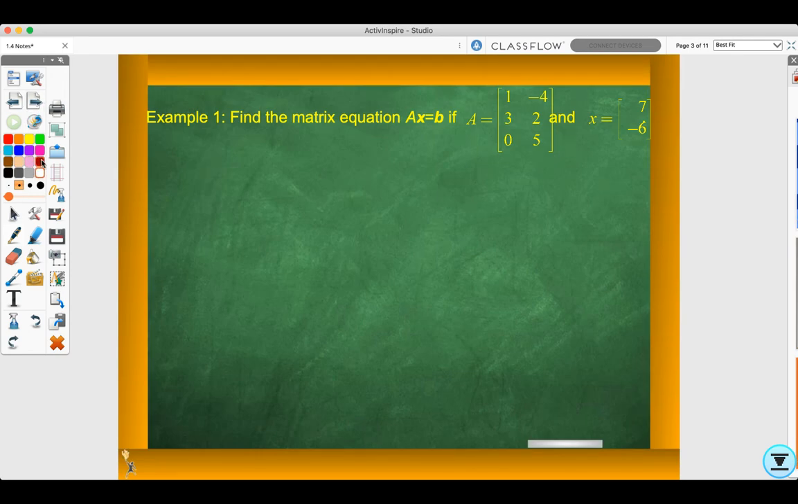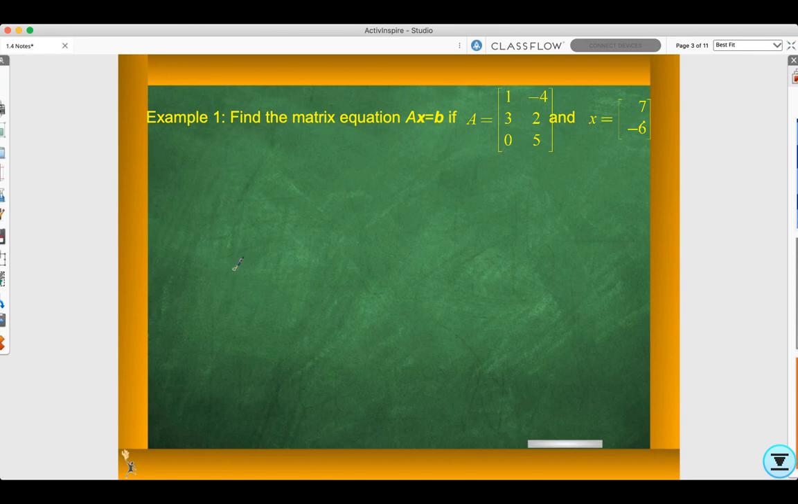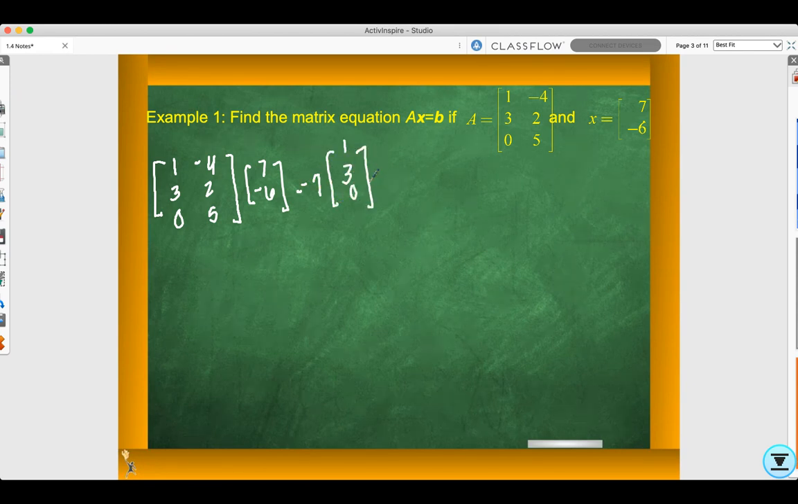Example 1. Find the matrix equation AX equals B if A is 1, 3, 0, negative 4, 2, 5, and X is 7, negative 6. So this would be our first matrix, 1, 3, 0, negative 4, 2, 5, times 7, negative 6. This would be 7 times 1, 3, 0, so column times row, plus negative 6 times negative 4, 2, 5,